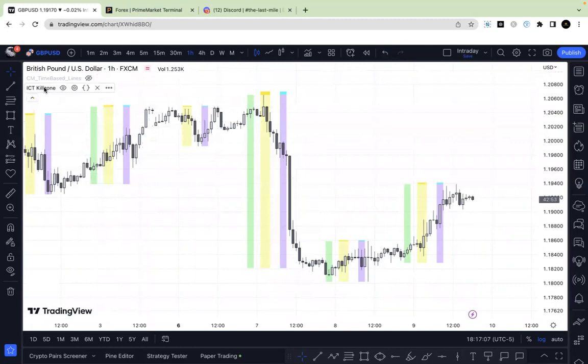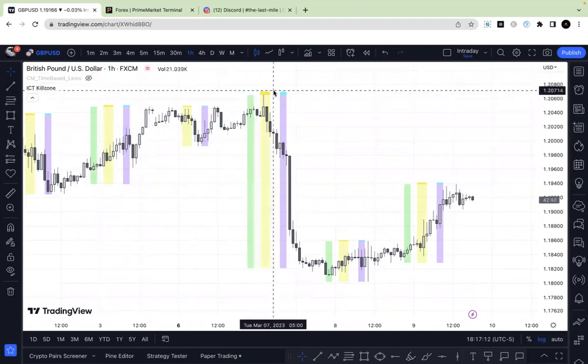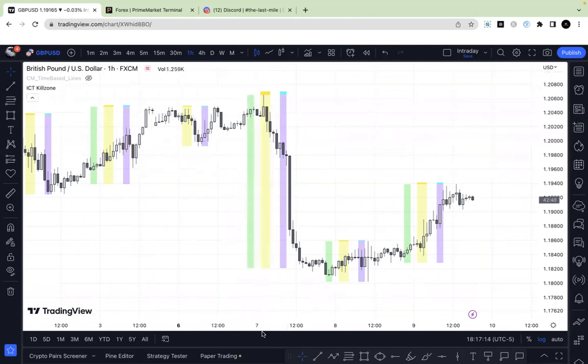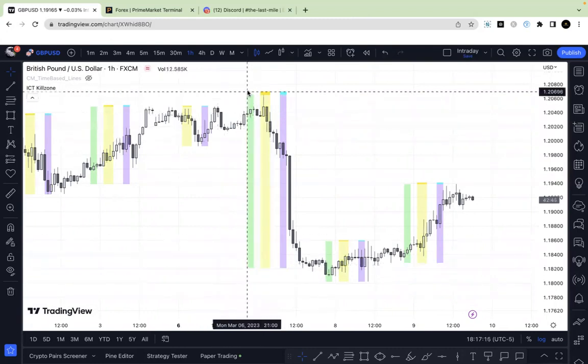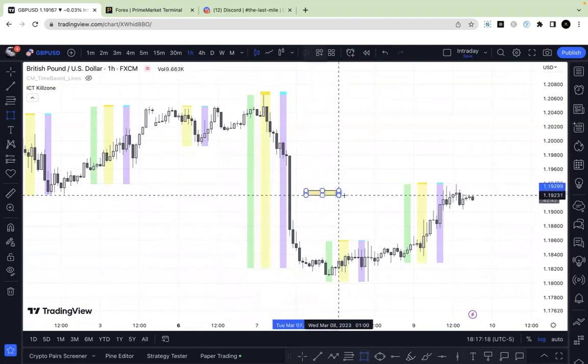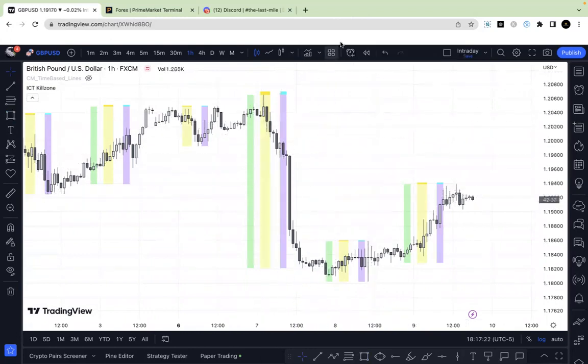They're just confluence, right? You can even draw out the times yourself if you want to, right? You don't have to have this, but it's just more difficult to, if you look at the bottom here, go 2 to 5, and you can draw a little box right here yourself over the price action. But why do that when this does it for you? So obviously, like right here,